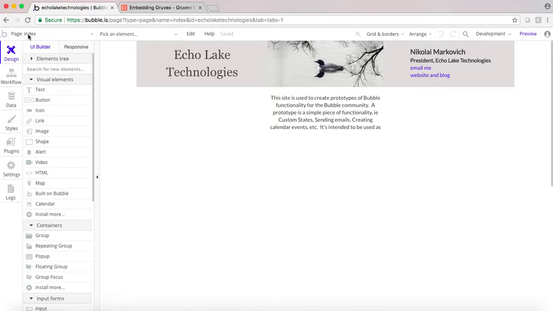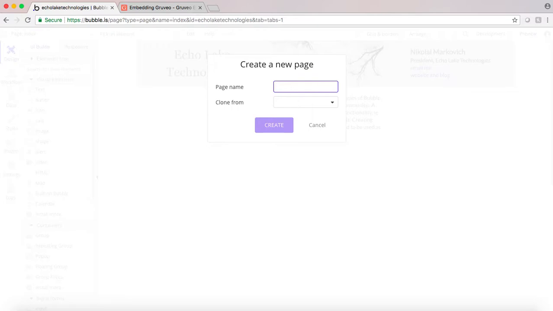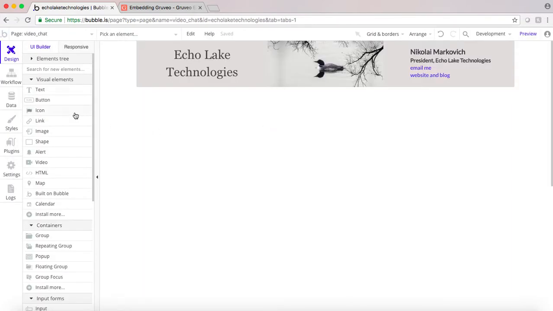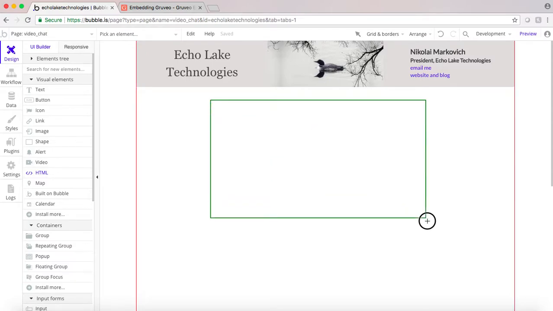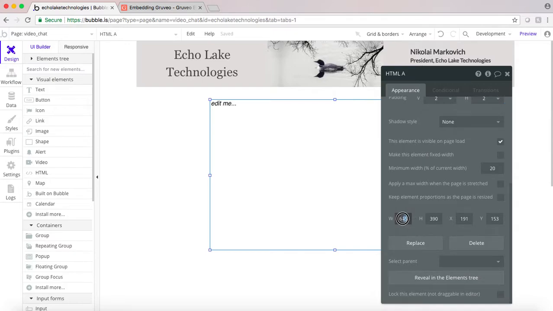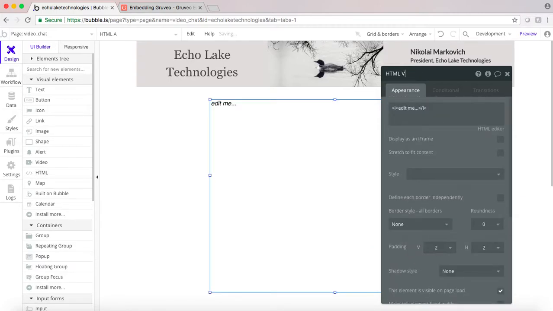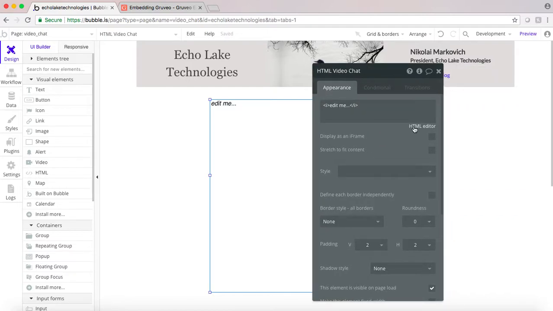So let's get started. First thing, I'm going to go and add a new page, call it video chat, and create it off my template here. The first thing we want to do is add an HTML, and I'm going to make this 600 by 500, like that. HTML video chat, and in it we're going to take some